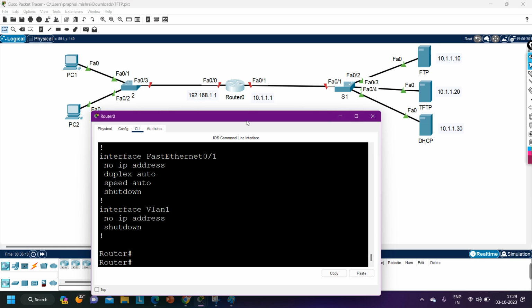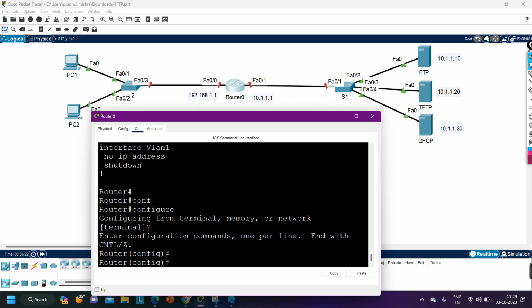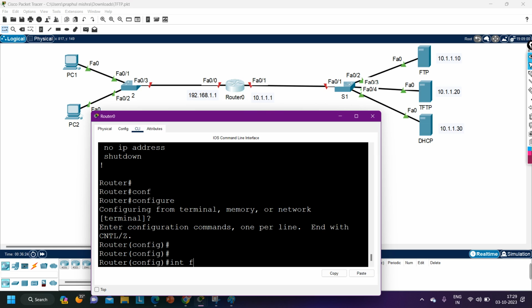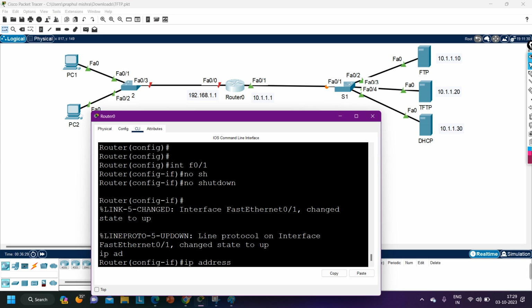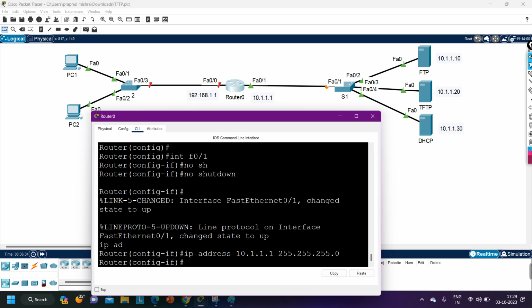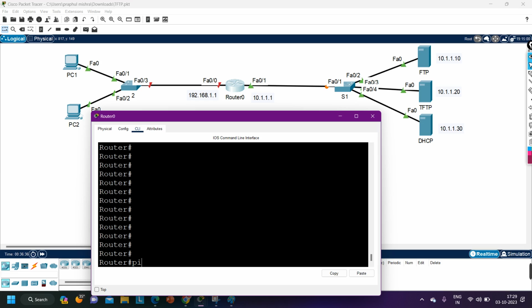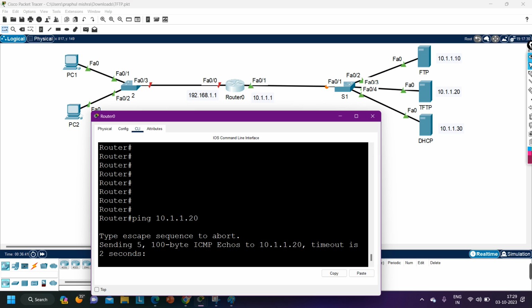So to make reachability, I am only going to configure an IP address on FastEthernet 1/0 of the router, to reach the TFTP server. Let me run the config t command, and then interface FastEthernet 0/1, no shutdown, and the IP address is 10.1.1.1. That's it. Now if I ping the TFTP server, ping 10.1.1.20,